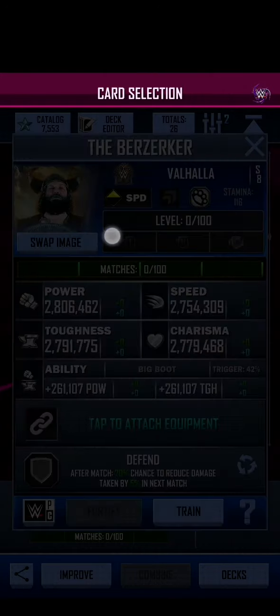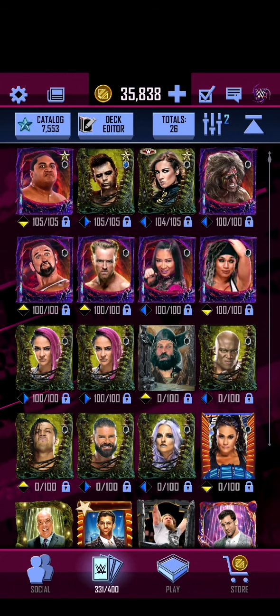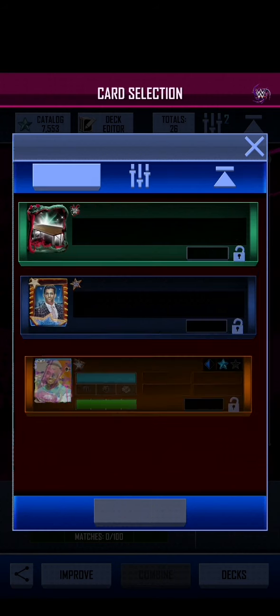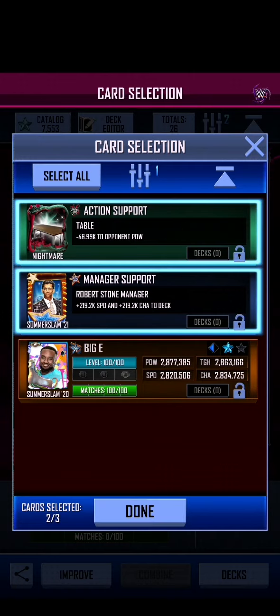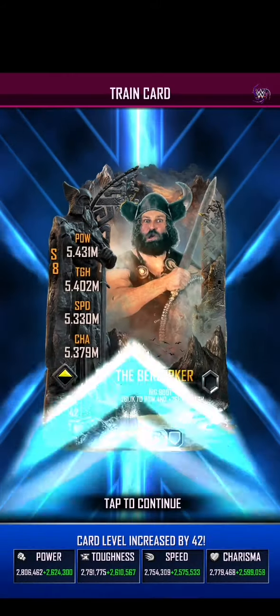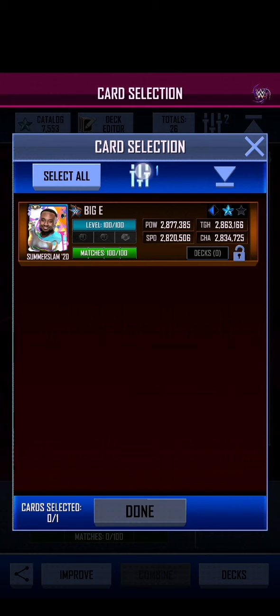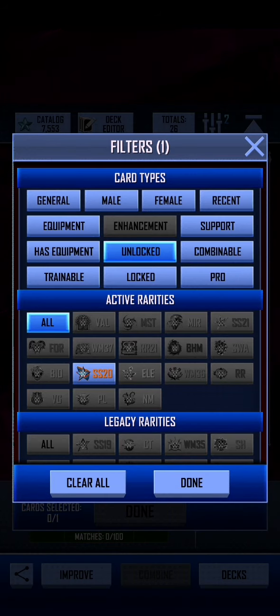No, I think we're going to go with the Valhalla image. I think that's the best image that we have for him. Can we train him up? Let's see if I can just do this on camera. Right, let's get rid of these for a start. There he is at level 42, but can we do better? Let us look at...